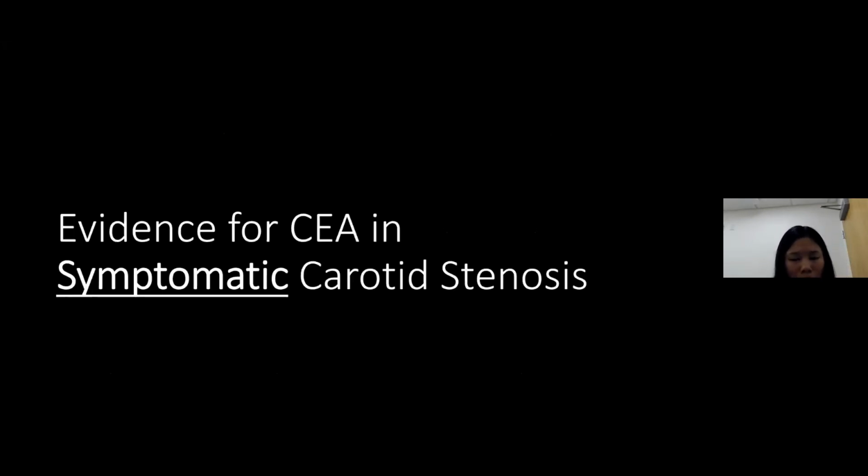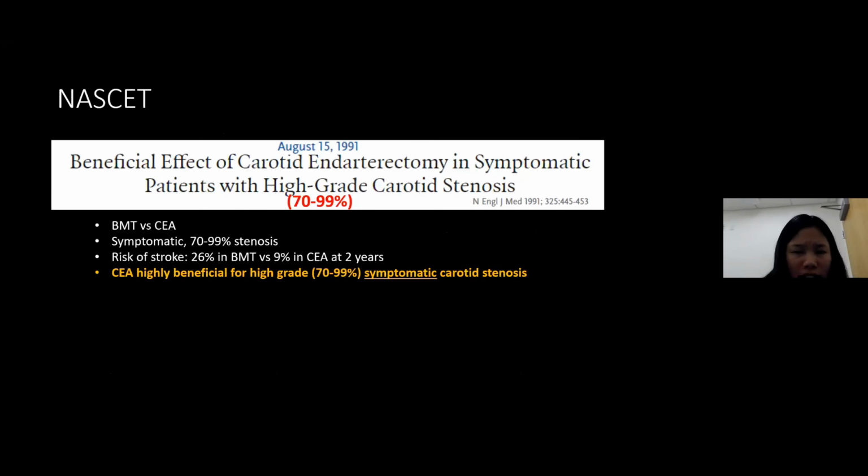And so now we'll talk about the evidence for CEA in symptomatic carotid stenosis. The first study, as we all know, is the NASCET trial, from the early 1990s. It took patients with symptomatic carotid stenosis, 70 to 99% stenosis, and compared medical management versus CEA. They saw that the risk of stroke in patients with CEA was 9%, but with medical management, it was 26% at 2 years. And so they concluded that CEA was highly beneficial for these patients with high-grade symptomatic carotid stenosis of